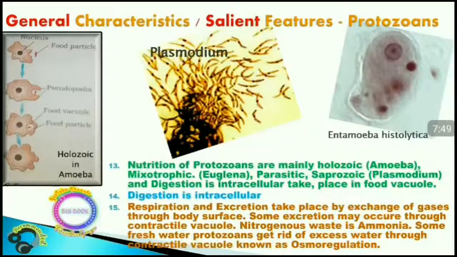phototrophic nutrition are both observed. That is, if you consider Euglena, at certain times, on the availability of food within the aquatic medium, it feeds on it, and sometimes it develops food with the help of the chloroplast which is present. And certain protozoans are also parasitic and saprophytic, like Plasmodium vivax,